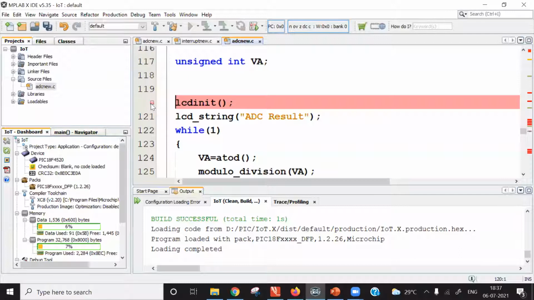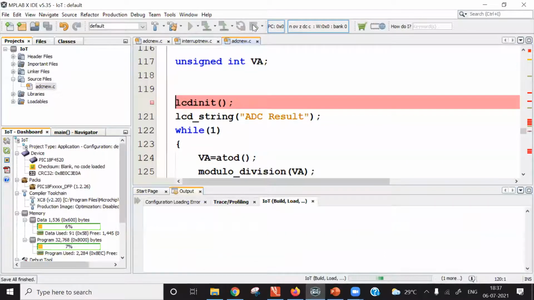By adding a breakpoint in the program, when we start the simulation, program execution will begin. The program will be executed till the breakpoint is encountered. Once the breakpoint is encountered, program execution will be halted. So with the addition of a breakpoint, you can view the content of variables, content of SFRs, content of program memory before the breakpoint is encountered. So the program will be halted here, and you can see the content of any SFR, any variable, EEPROM memory, and so on. So let me start the simulator.